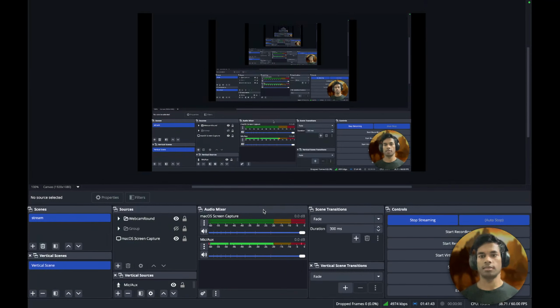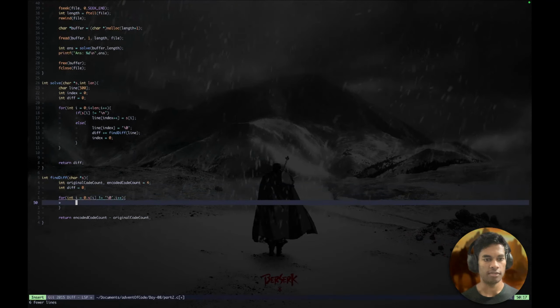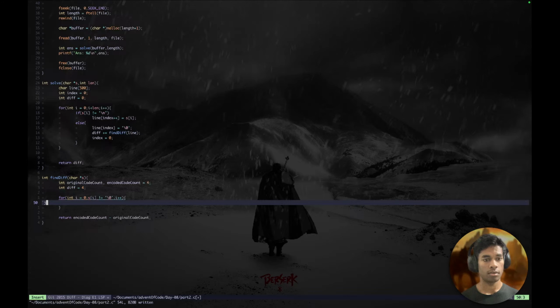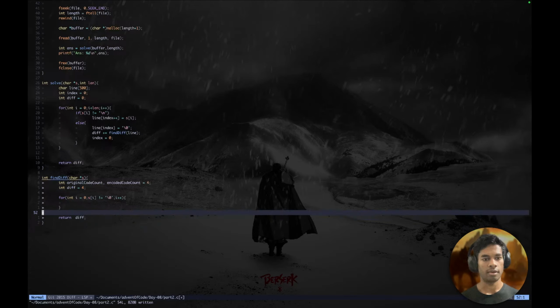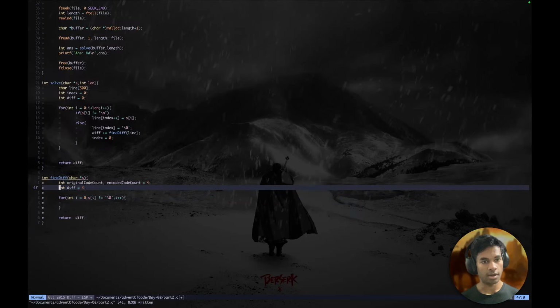Seems like it. And my camera is horrible because my phone is not working as a webcam somehow. So diff will at least always be equal to 4, even if I have some empty strings. I will return diff at the end. Now diff will start at 4,